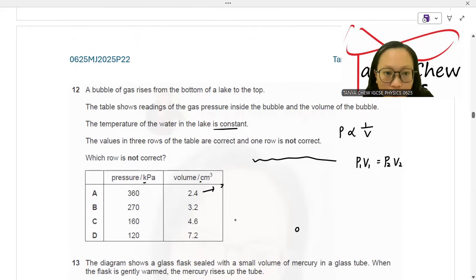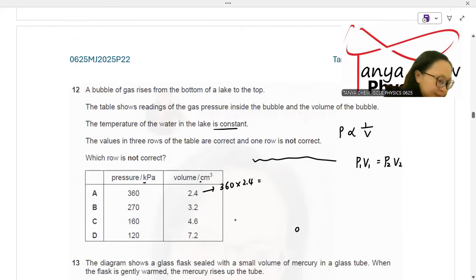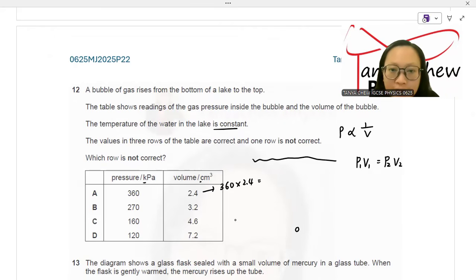So I take the first one, 360 times 2.4, and the answer that I got was 864 kilopascal cm cube. The next one, I take 270 times 3.2, and I got